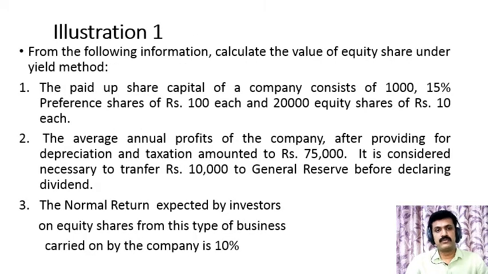So it is the average of the two methods of valuation of shares of the company. Now let's move on to an illustration. From the following information, calculate the value of equity shares under the yield method. The paid up share capital of the company consists of 1,000 15% preference shares of rupees 100 each and 20,000 equity shares of rupees 10 each. The average annual profits of the company after providing for depreciation and taxation amounted to rupees 75,000. It is considered necessary to transfer 10,000 to general reserves before declaring dividend. The normal return expected by investors on equity shares from this type of business is